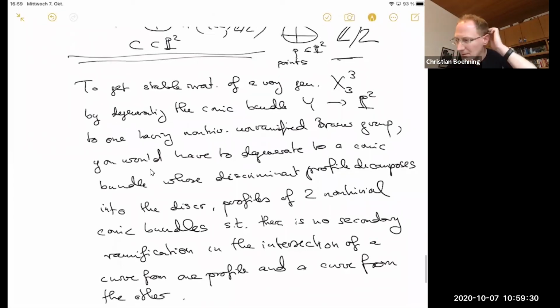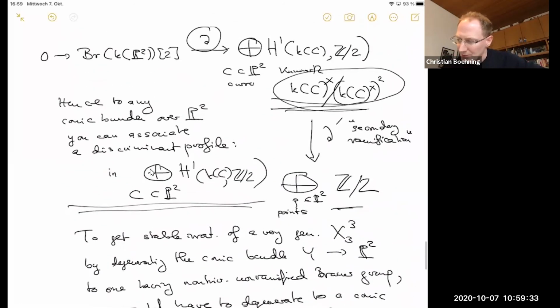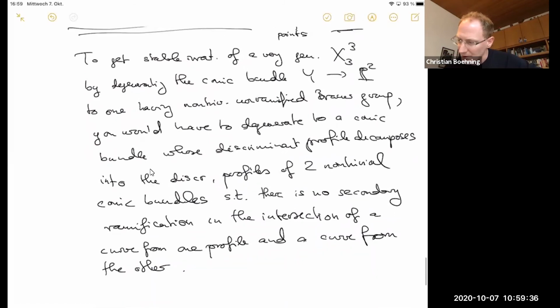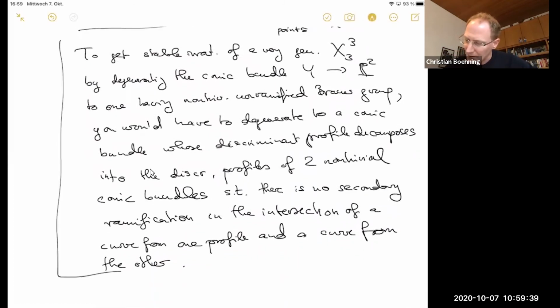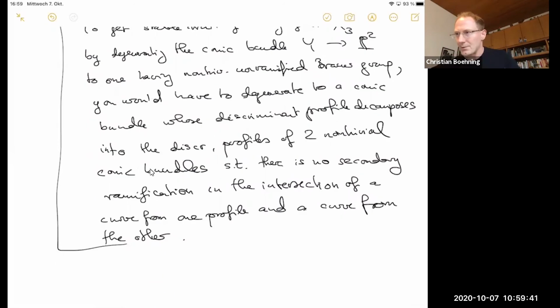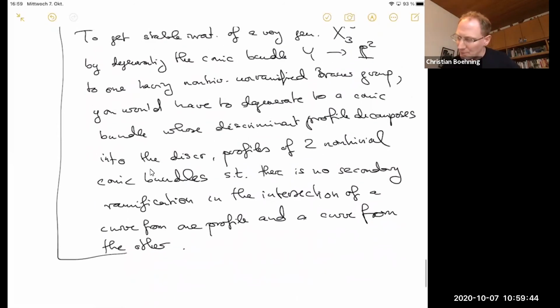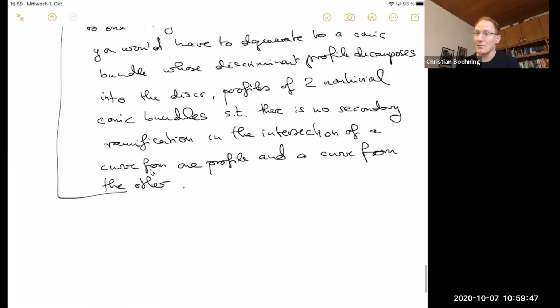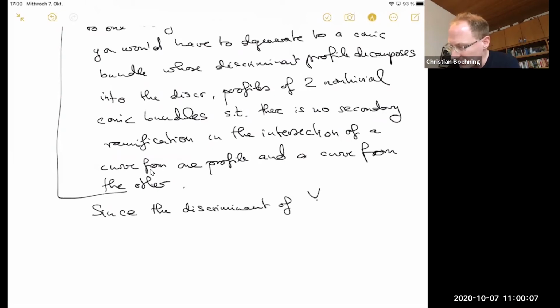So this follows from staring at this sequence, and so this is a formula for the unramified Brauer group that you can develop starting from that sequence, and where you then see where the problem is with quintics. So with quintics the problem is that if you degenerate the quintic, you always have to split off one component that is a P1. So since the discriminant of this conic bundle is a quintic,